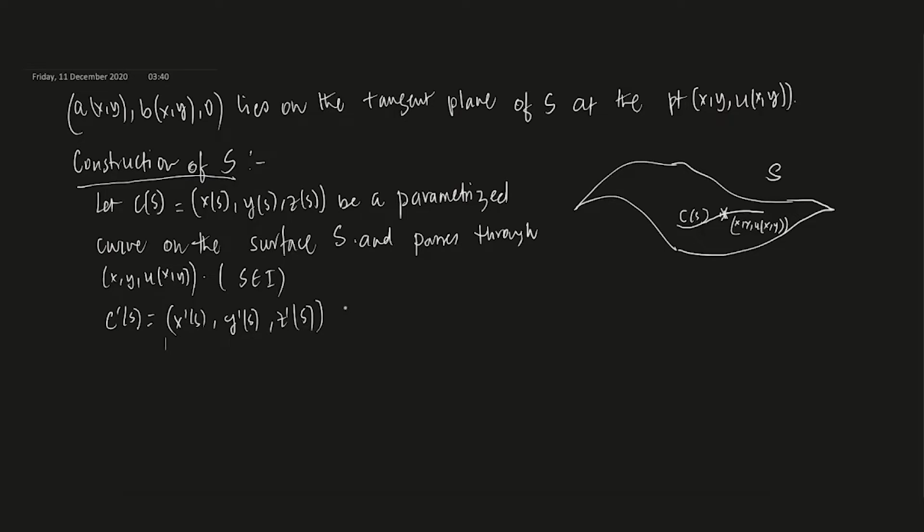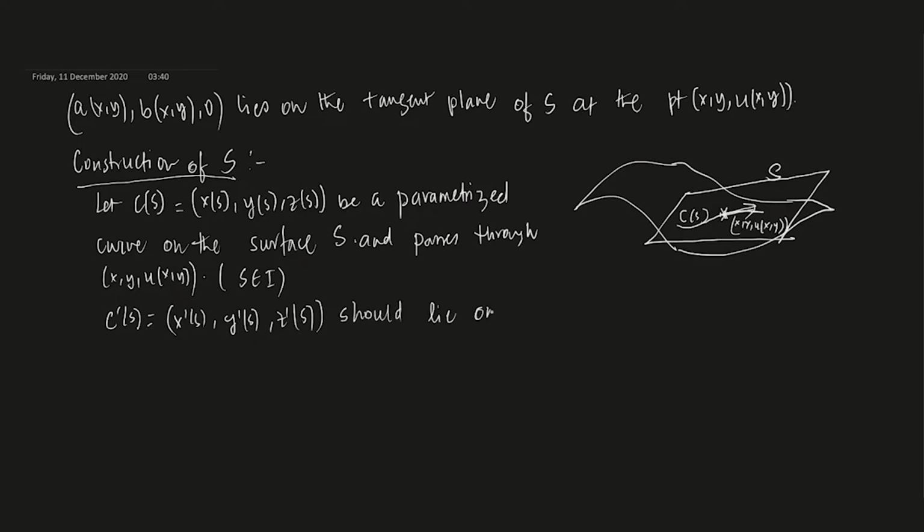This is a tangent at this point, no? So this is a tangent vector at this point, and this tangent vector should lie on the tangent plane, correct? So the tangent plane at this point, let's say this is your tangent plane at that point. So C'(s) should